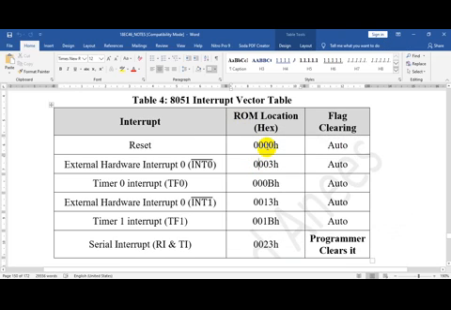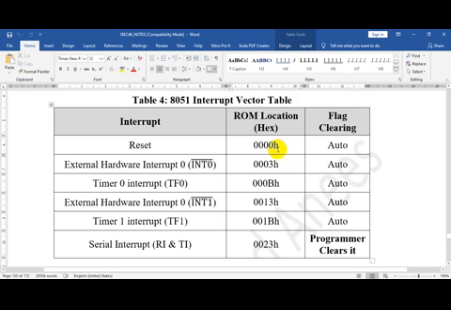Until now, we always started from 0H. We used to write org 0H. But from now, when we are discussing the interrupts, we will not disturb these locations because these locations are fixed for these interrupt ISRs. If you write some other code and an interrupt comes, everything will be manipulated. And for the reset interrupt, 4 bytes are given, so you can write 4 bytes.